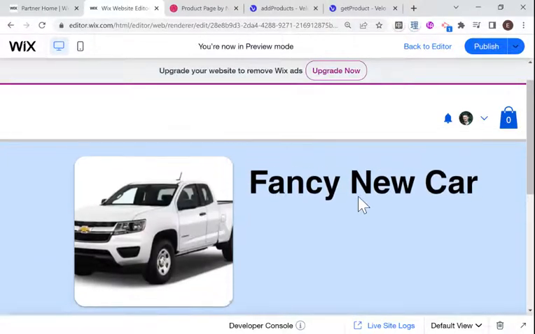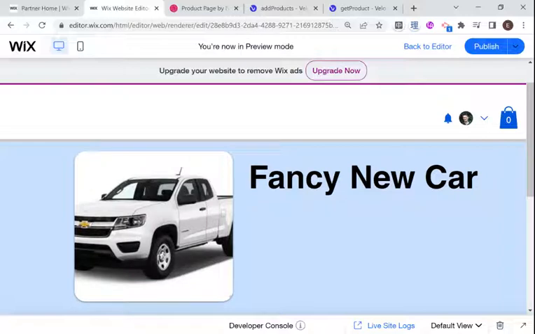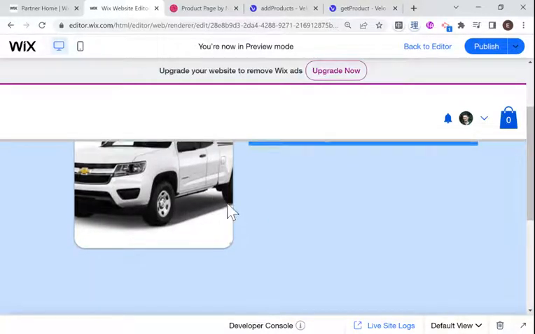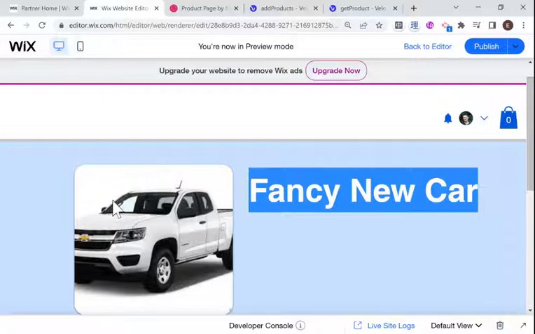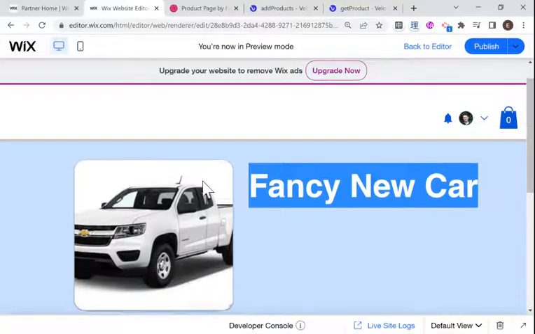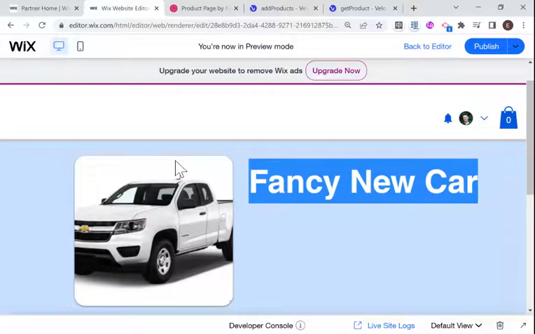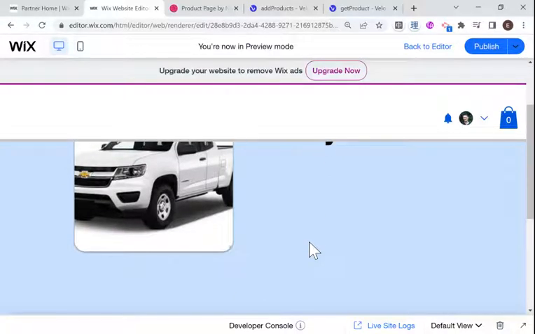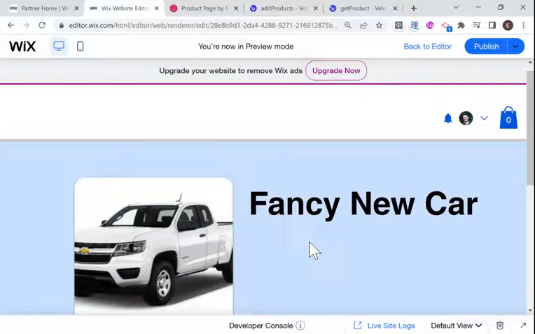if I go up, then we can see that now I have here fancy new car, and I have the image of my car, which doesn't fit very well, and we can change that and adjust it so that it fits depending on what image size we upload. Usually you'd probably decide on the design and then upload images that would fit whatever design you decide on in advance. But as you can see, we've only been working on this for maybe 3 minutes, and we already managed